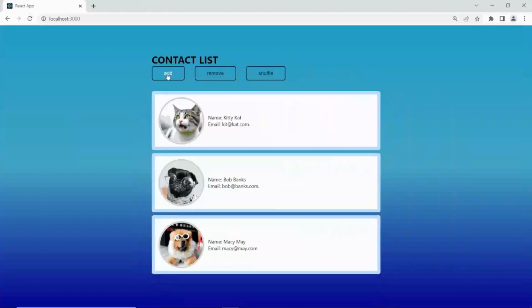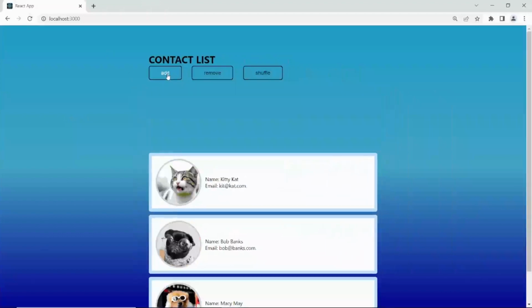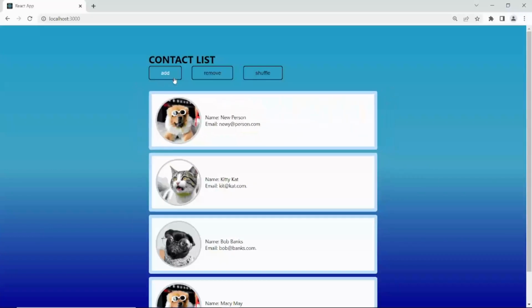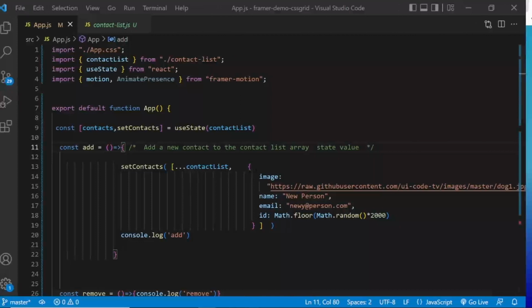Okay, so if I add, okay, so it's not adding correctly. It's just sort of going through a cycle. It's not really adding the new one. It's just repeating adding one, but then it's taking it away and adding it again. So I'm going to go back to the code.